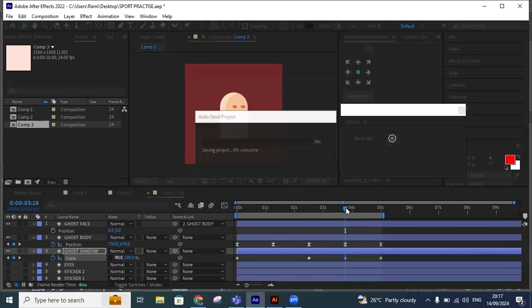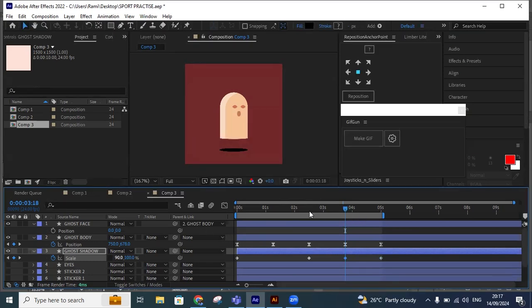Okay. Then let's do the same when it's up here as well. Just Control C, Control V. I copied the 90 to this new place. So now I easy ease everything. The way I easy ease is basically I select everyone, then I press F9 as a shortcut for easy ease. So basically let's take a look at